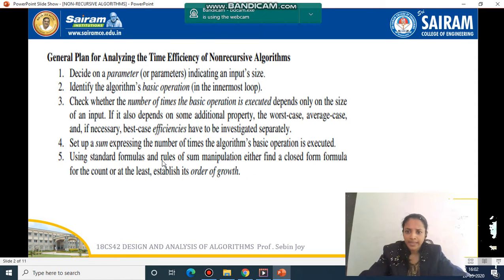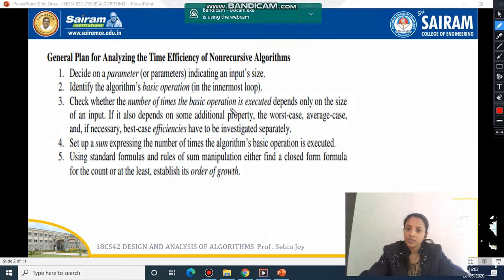Set up a sum expressing the number of times the algorithm's basic operation is executed, using standard formulas and the rules of sum manipulation. Either find a closed form formula for the count or at least establish its order of growth.